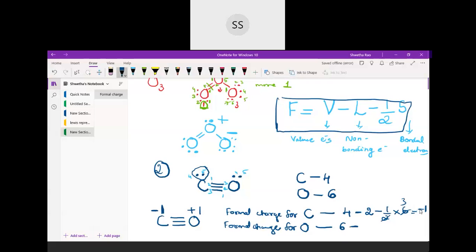Okay, structure I have written already. So lone pair of electron we can see it is 2 minus bond pair of electrons are 6 only. Okay, so it is half into 6. So minus 2 minus 3 is minus 5 plus 6 will be plus 1. Okay, that itself you can assign. At the end you can assign and then show here.